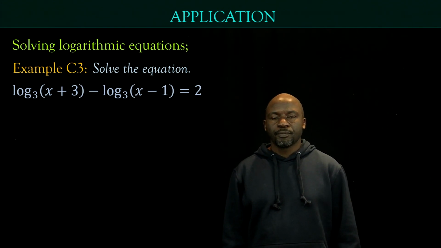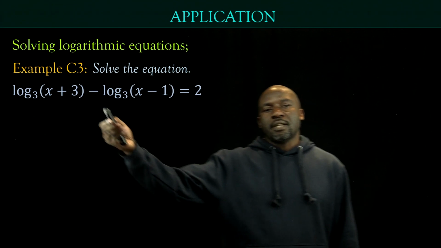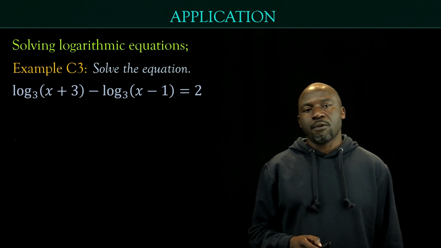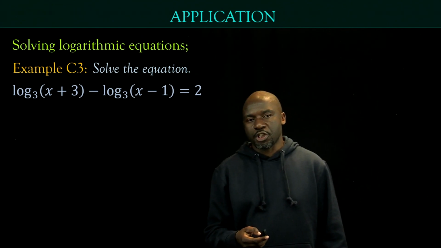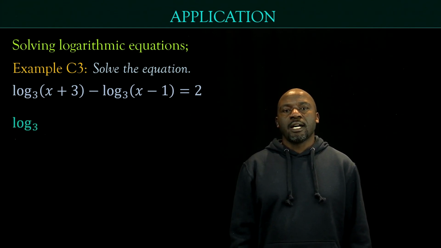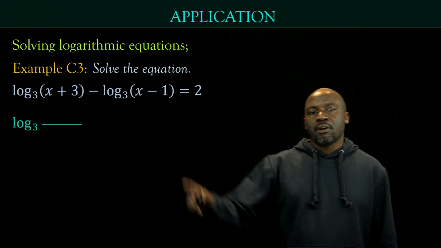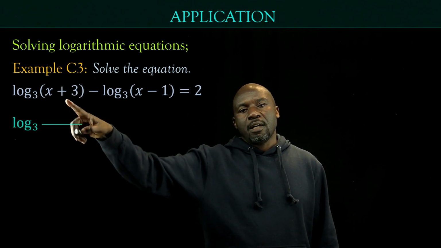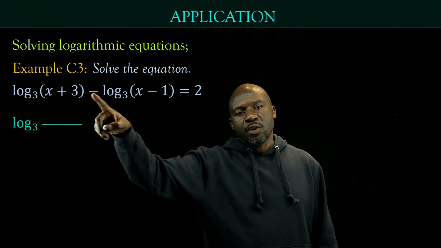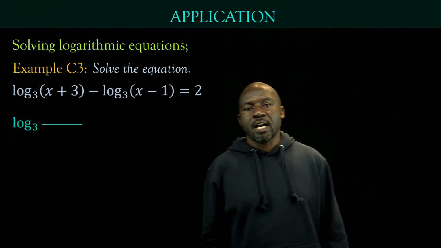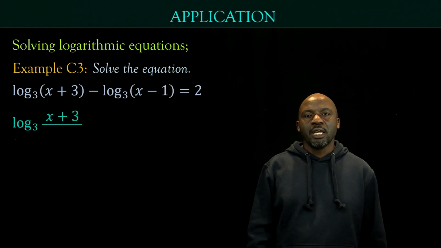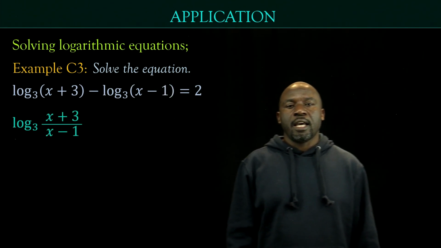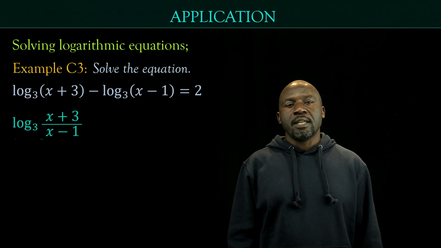Assuming you've done so, this is a difference of two logs, and therefore we need the quotient law, which says that log to base 3 of that argument there, x plus 3, divided by, because we are subtracting, we will need to divide the arguments, so x plus 3 divided by x minus 1, and this must be